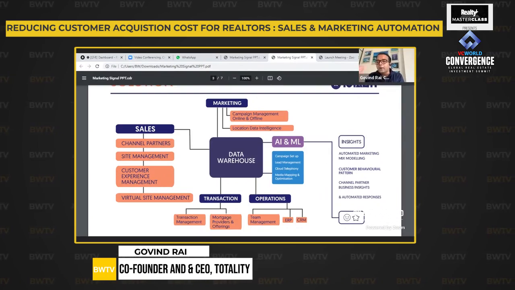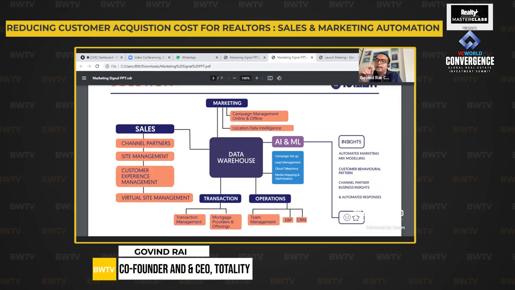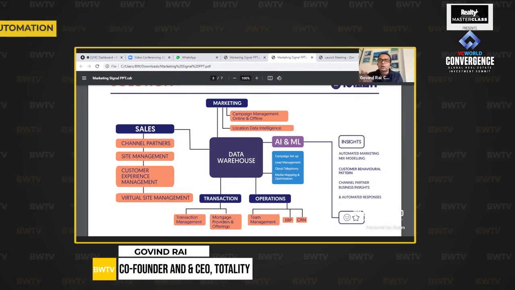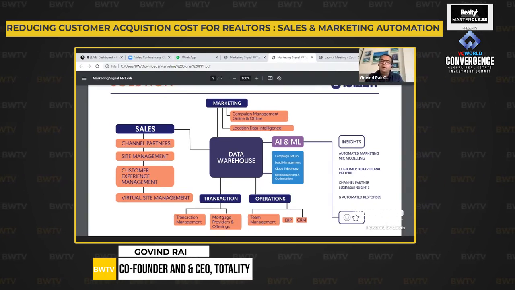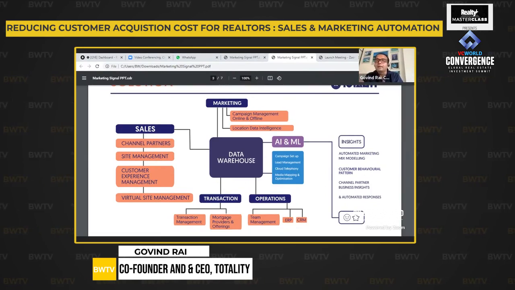to bring down the acquisition cost, because at that point of time, with the help of technology, we are really mapping each and every parameter with regard to the customer, and ensuring that at no point of time are we losing touch with them, and the cost of reaching out to the same customer again and again is always avoided. So in a basic nutshell, the operations of the team, the transaction management, the sales and the marketing team, if all this data with regard to the customers can come together and sit in a data warehouse, where with the help of AI and ML, we can